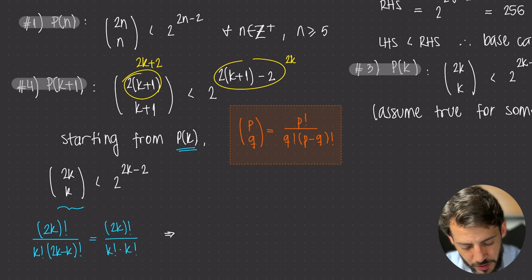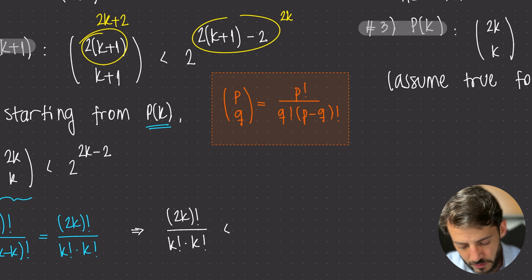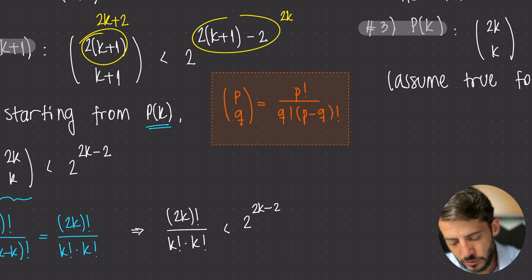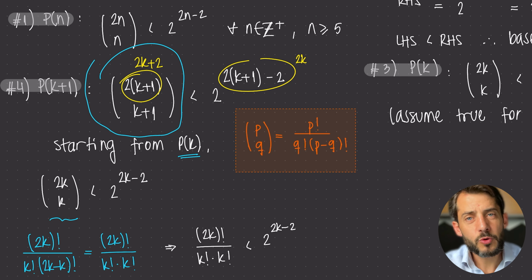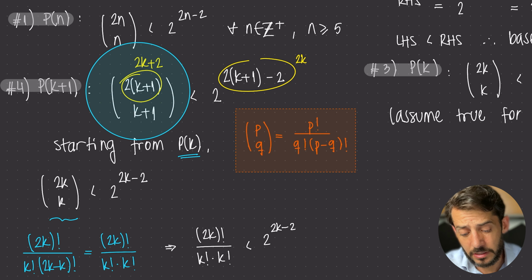Therefore, we can rewrite our P(k) as such. Now, where do we need to get? We need to get to P(k+1), which is right here. And we also have a binomial coefficient on the left-hand side, which can be simplified using, of course,